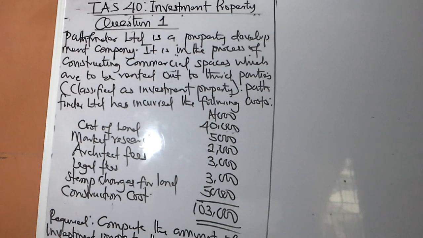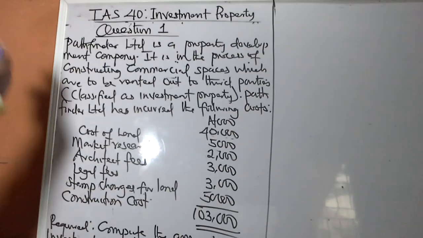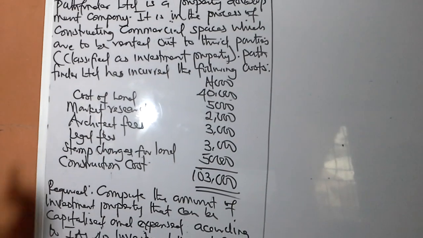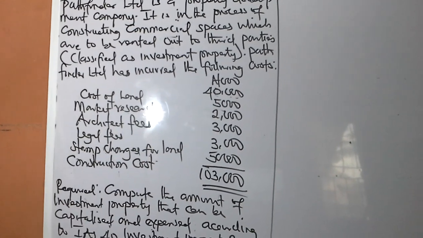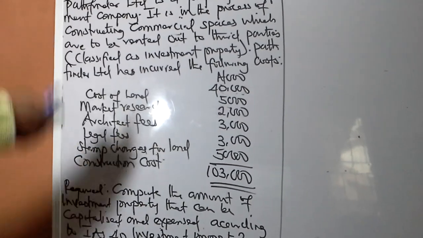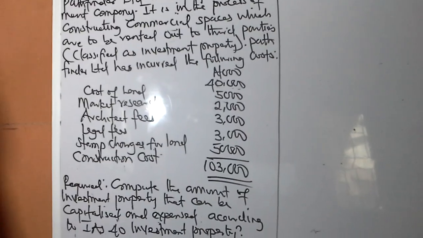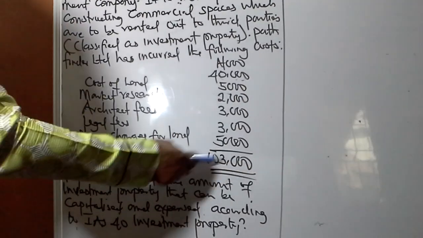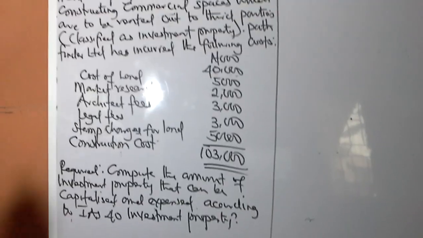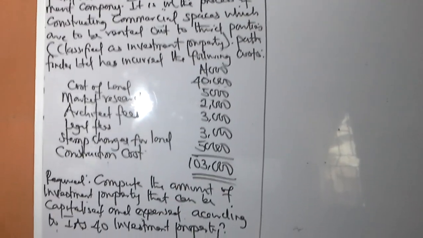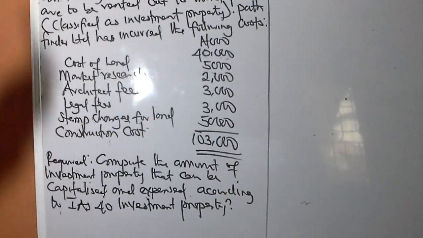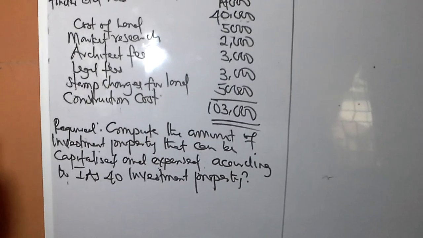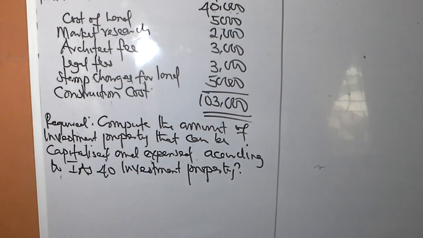Pathfinder Limited has incurred the following costs: cost of land, market research, architect fees, legal fees, stamp charges, and construction cost. Required: compute the amount of the investment property that can be capitalized and expensed according to